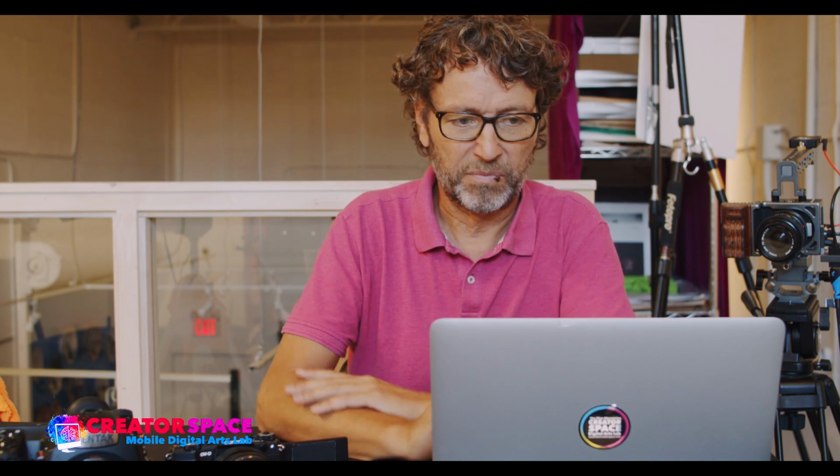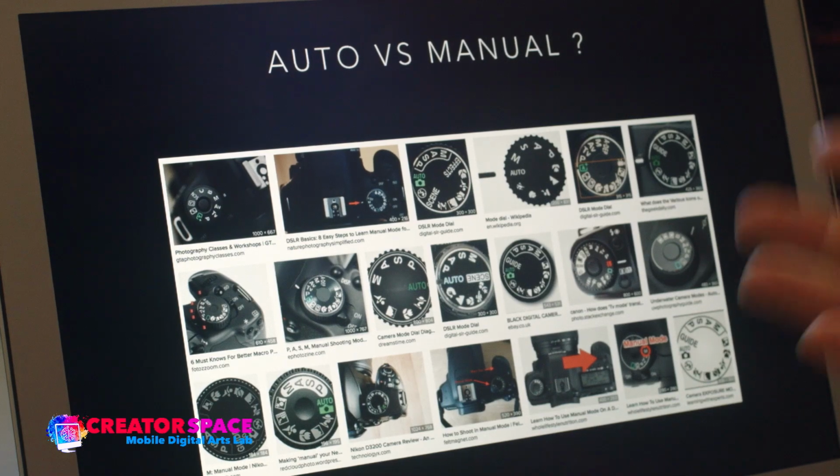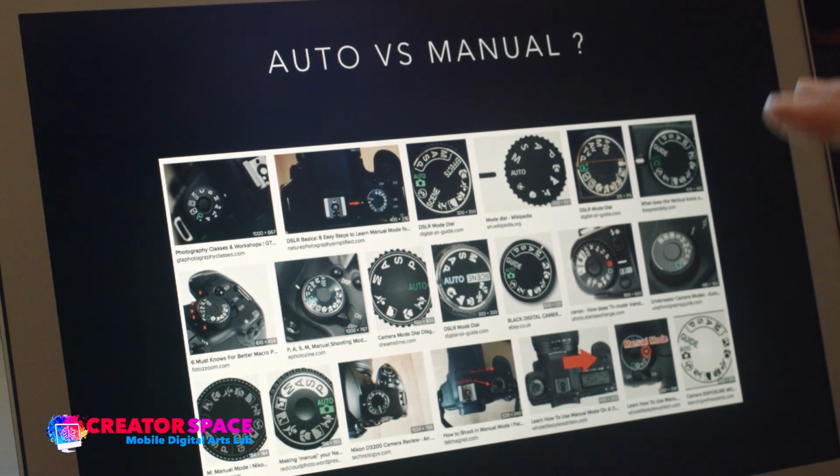It took me a long time before I used those settings when I was younger, because they're very intimidating. You have no idea what's going on, and you have no idea why or how. So you put everything on the auto mode, the automatic mode. So this is an image from Google, and you see all these settings, and it confuses you